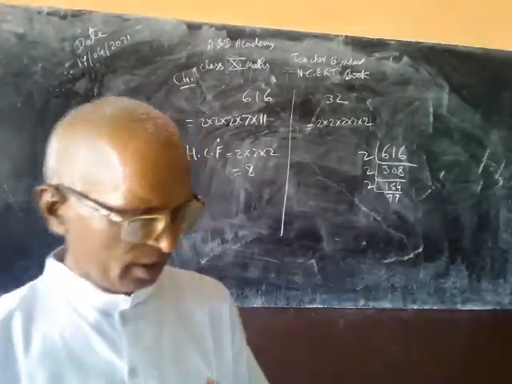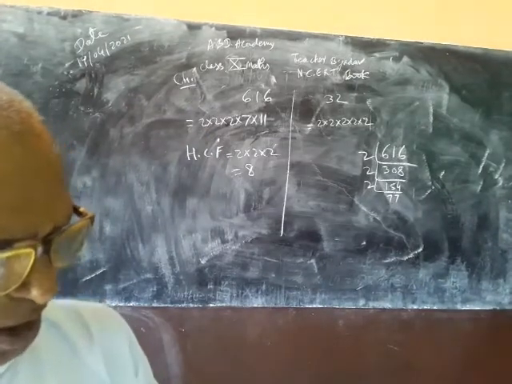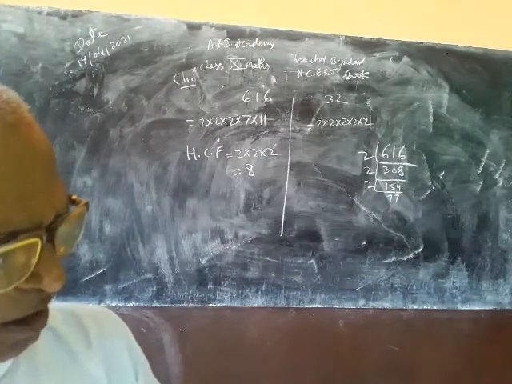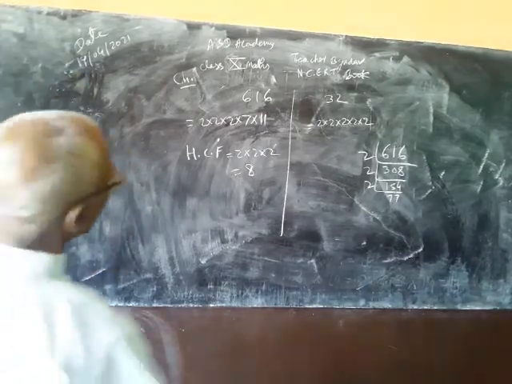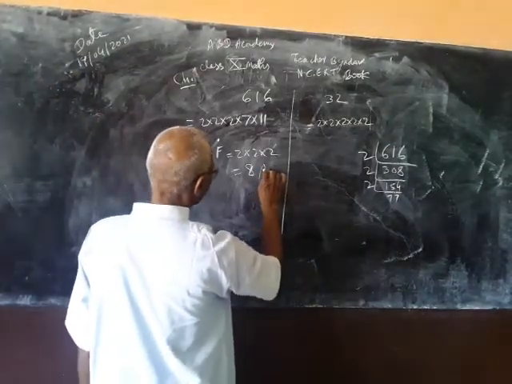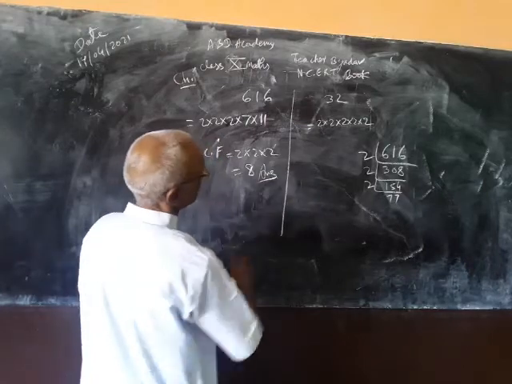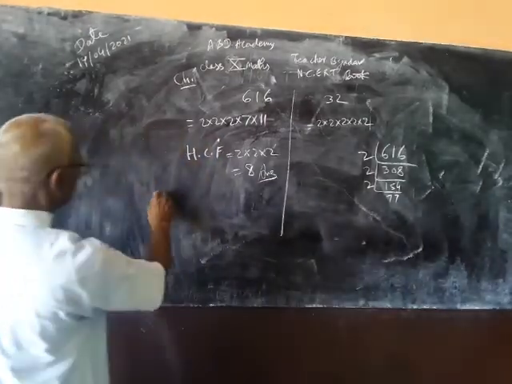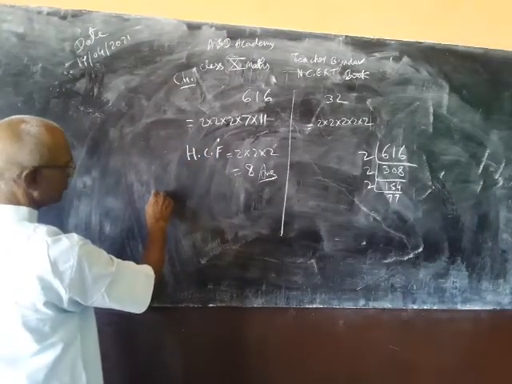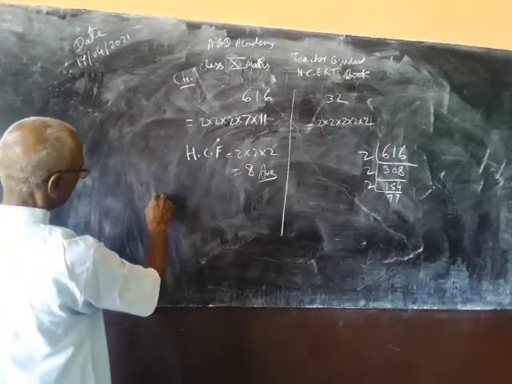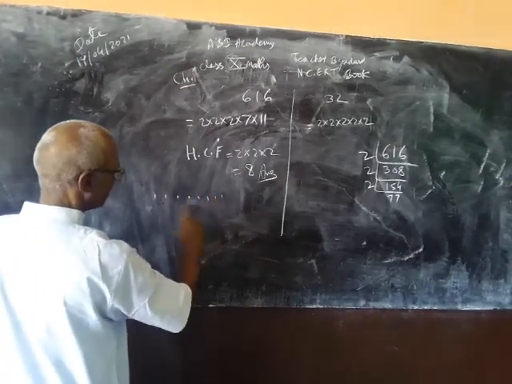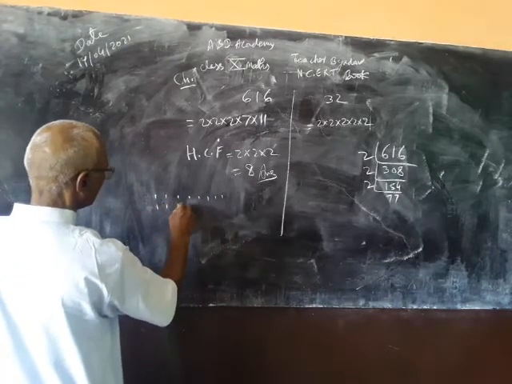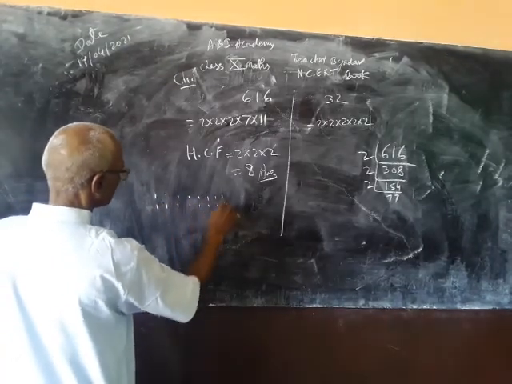It wants the two groups to march in the same number of columns. What is the maximum number of columns in which they can march? So the maximum number of columns is 8. 8 columns will be there. The band will have 4 rows of 8, 1, 2, 3, 4, 5, 6, 7, 8, and behind them one more row, which becomes 16.